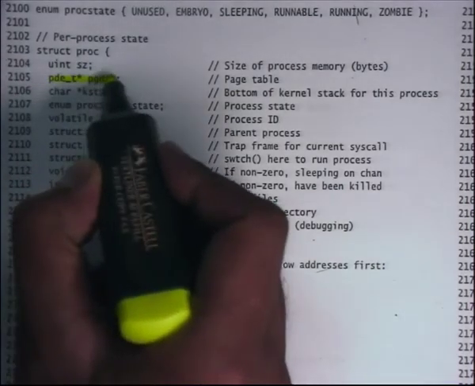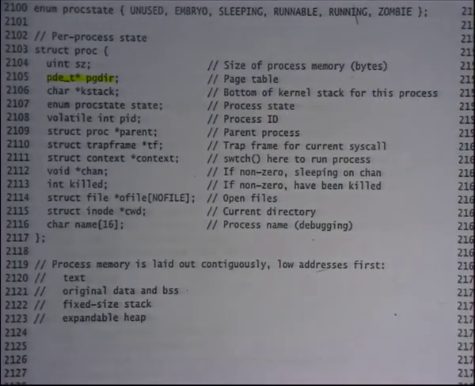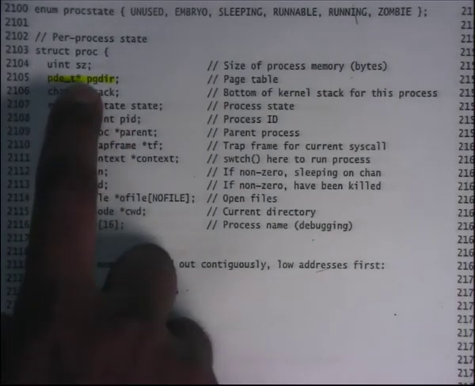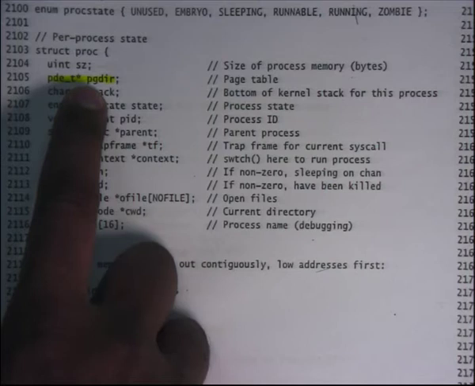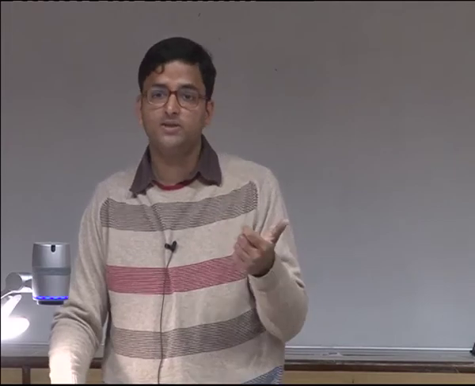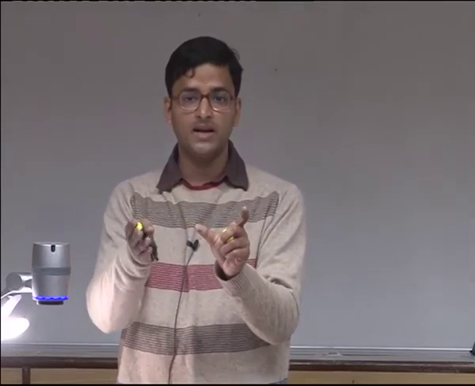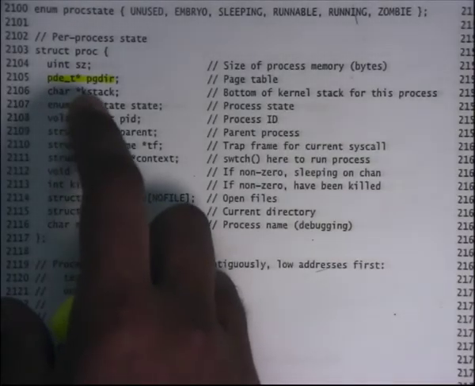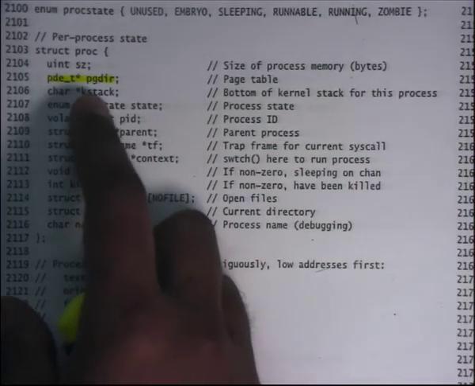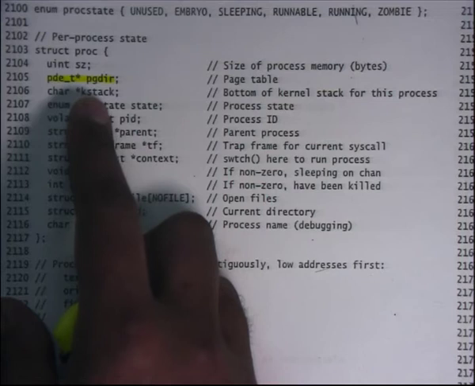Let me bring your attention to some of the fields that we already understand. Here is a pointer to the page directory. Will this pointer value be a low address or a high address, I mean, an address above KERNBASE? It will always be a high address, a KERNBASE and above address, because it's something that you have allocated, and you're going to load the value of this pointer into CR3 after converting it to its physical address by subtracting KERNBASE, whenever you want to context switch to it. That's what pgdir does. The pages for the pgdir and all the second level page tables are allocated off the kernel heap.